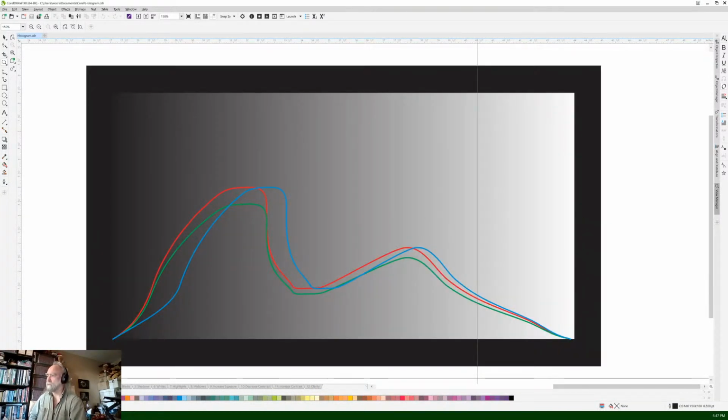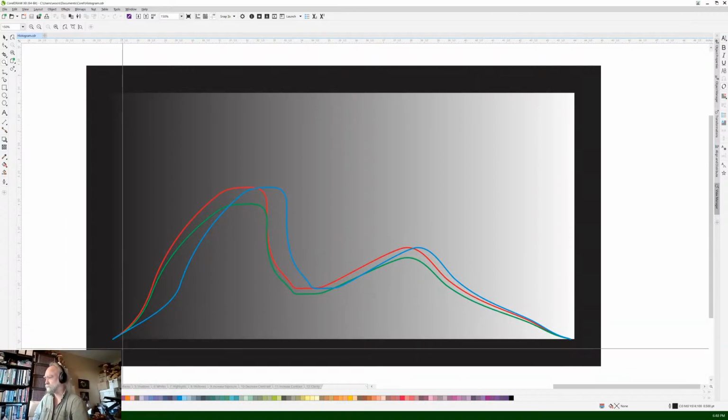Okay, so the histogram looks like this. If you watch the color talk, you'll know that digital cameras work with 3 different colors, red, green, and blue. It's called an additive color process. And so if you look at the histogram on your computer or on your camera, you should see 3 different lines. And what the histogram is showing you on the left over here is the darkest parts of your